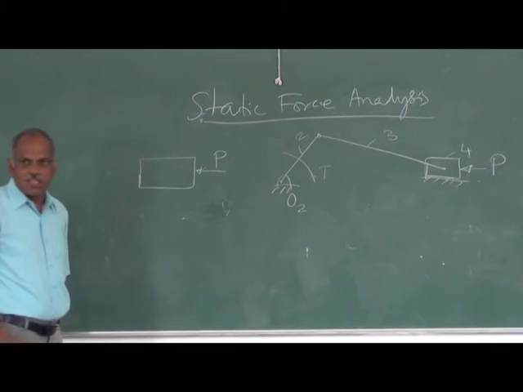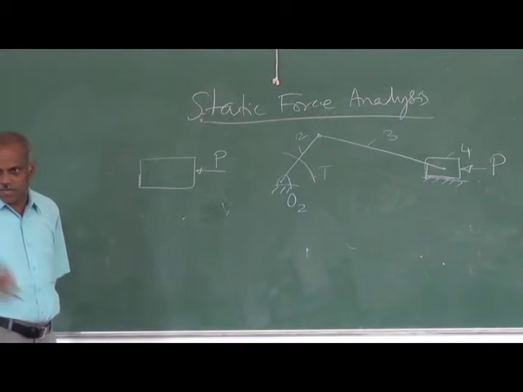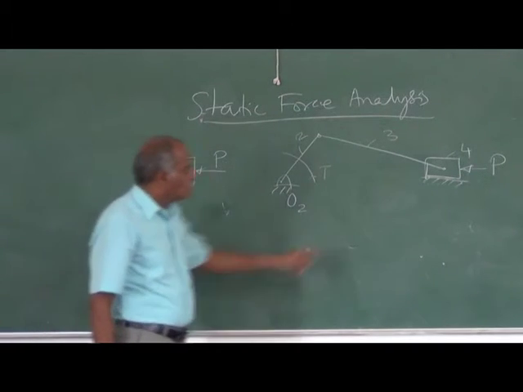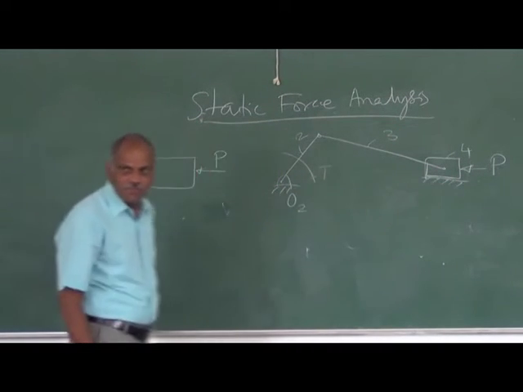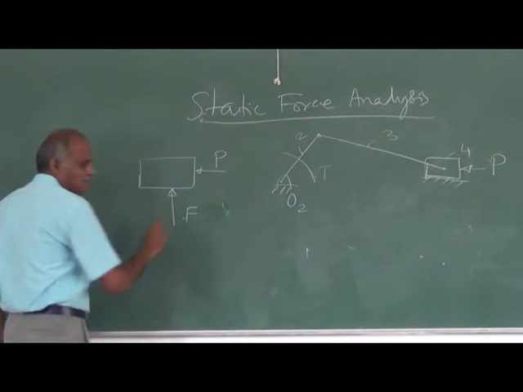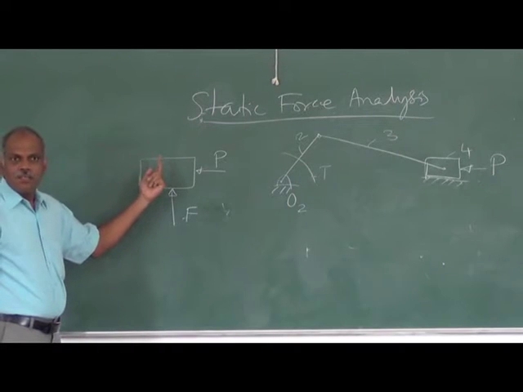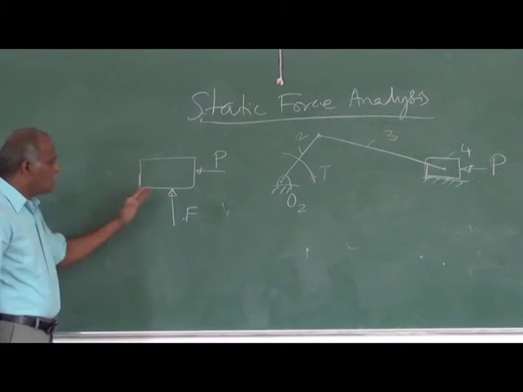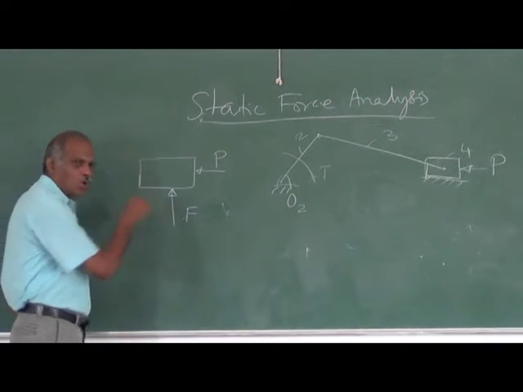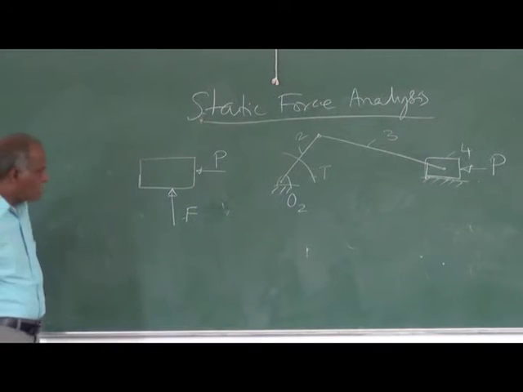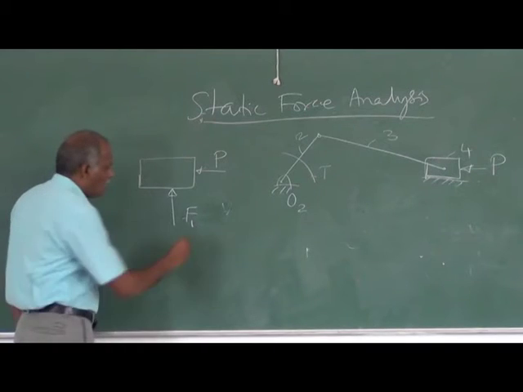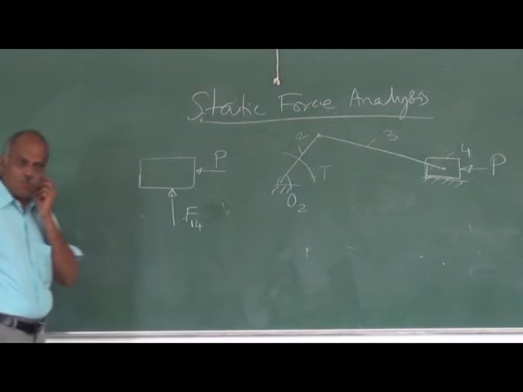In a free body diagram, constraints are to be replaced by appropriate reactions. If I assume that there is no friction between the ground and the piston, you will have a force that is normal to the surface. If there is a friction, it will be inclined. Then this force is given by the notation. The force is applied by 1, that is the ground, on linkage 4. So it is called F1,4.